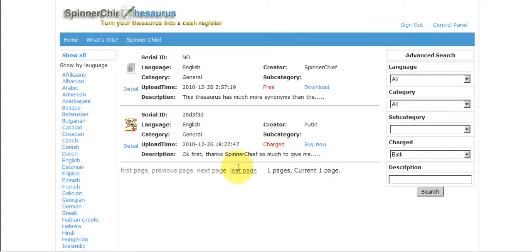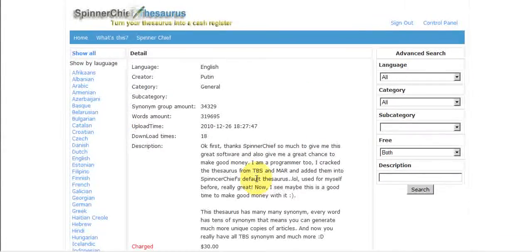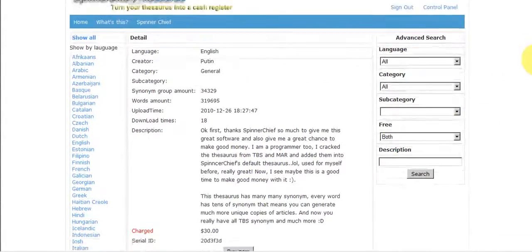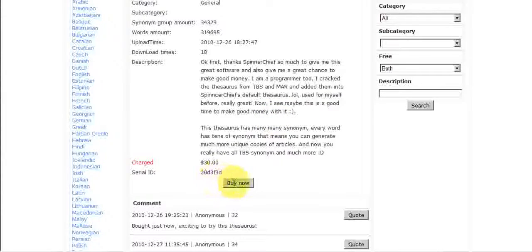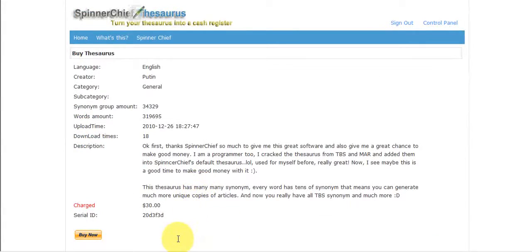Now let's say I wanted to buy this somewhat dubious thesaurus of Putin's. I can click the buy now button there, or maybe I might have gone into the detail first. Let's do it from there. That's all the detail. Okay, so I've made the decision to buy. Just hit buy now. And hit the buy now button there.